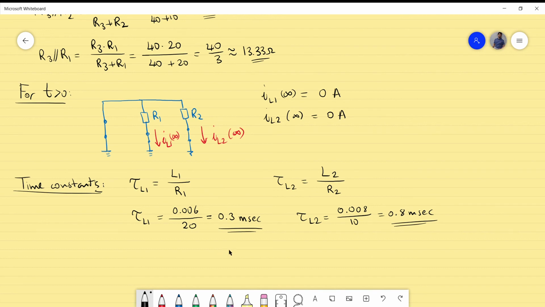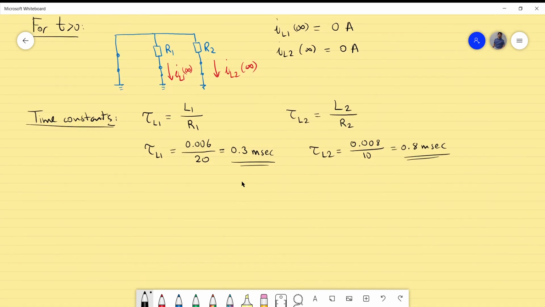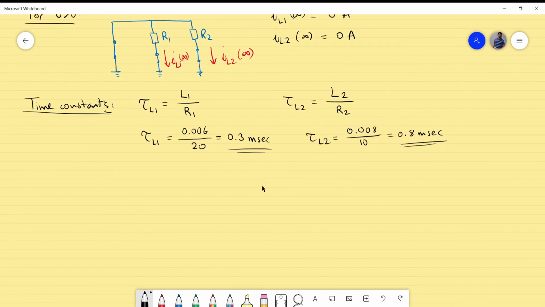And we are almost done because we have all the ingredients for setting up the formulas for the L1 and the L2. So let's do that. The current IL1 will be the final value. So I will write it down also. The final value plus the initial value minus the final value